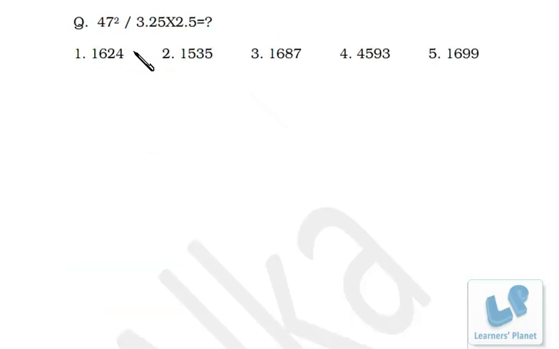Now see this problem. Again in this problem, an approximated answer is given, and surely we cannot go by the unit digit method or the digital root method. To be able to solve this sort of problem, you should be very quick with your tables and squares. Now how do we calculate 47 square? I'm just telling you the method over here. It's (50 minus 3) square, so that is 2500 plus 9 minus 3 into 50 into 2, that is 300. So precisely it is 2209.